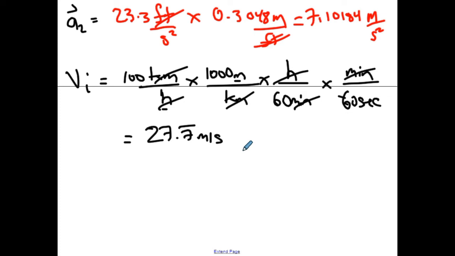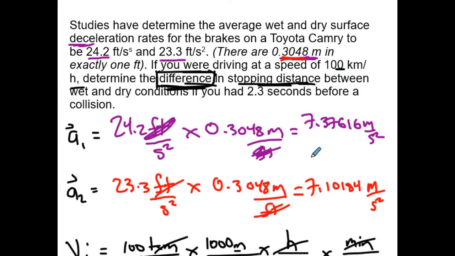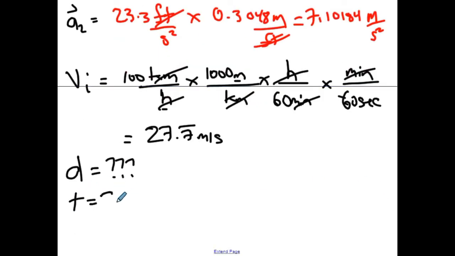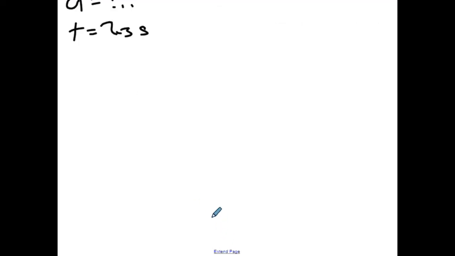But if that makes sense, we now have accelerations and velocity initials. I believe we're looking for distances, because that's the whole point, is to look for a distance. And it says we have 2.3 seconds before a collision, so we know the time value is 2.3. So really, we need to pick out which formula to use now. What formula involves velocity initial and distance and time and acceleration? And the answer, drum